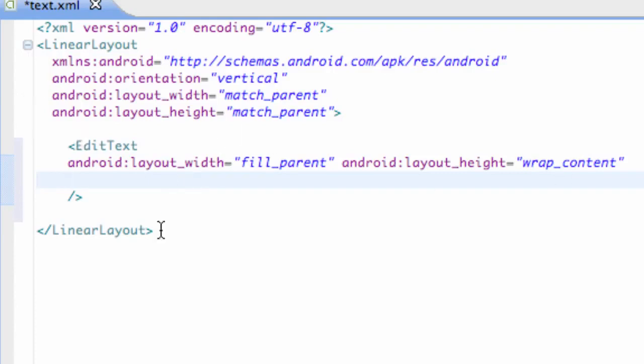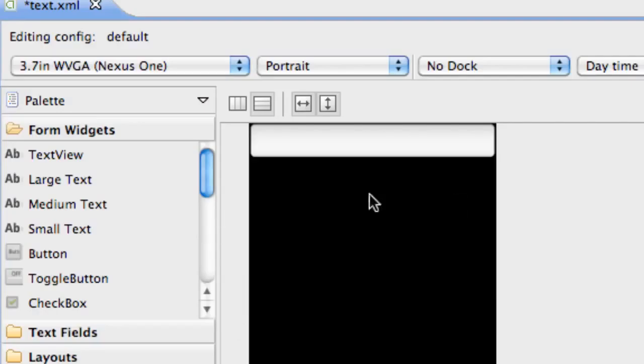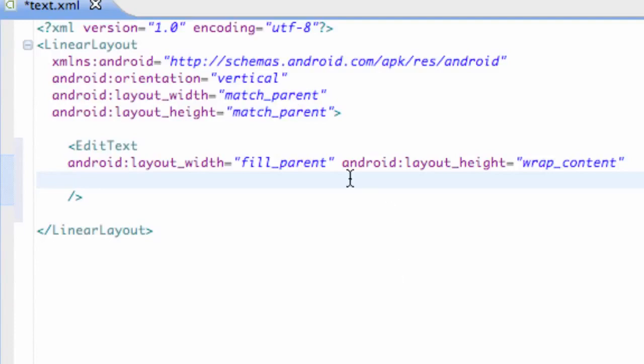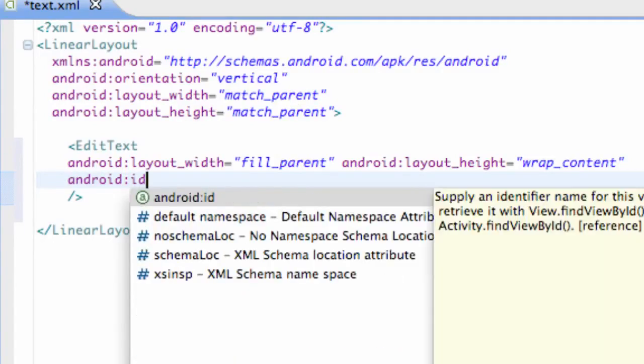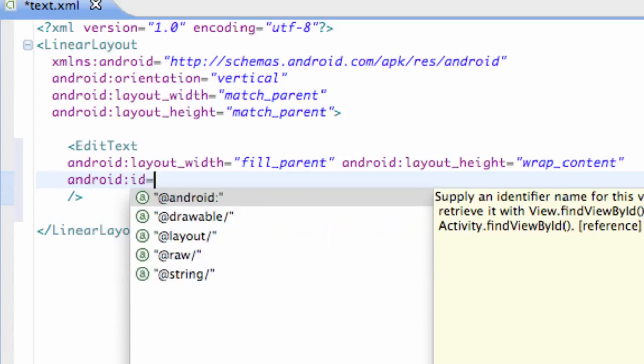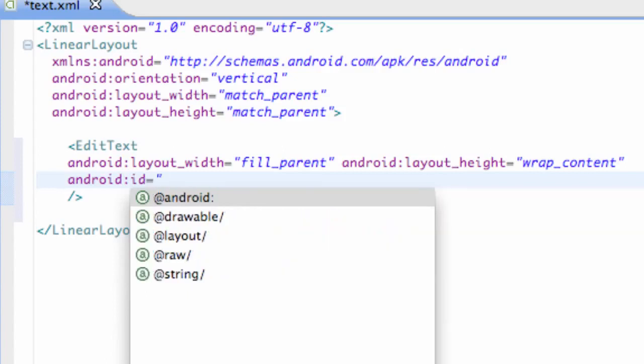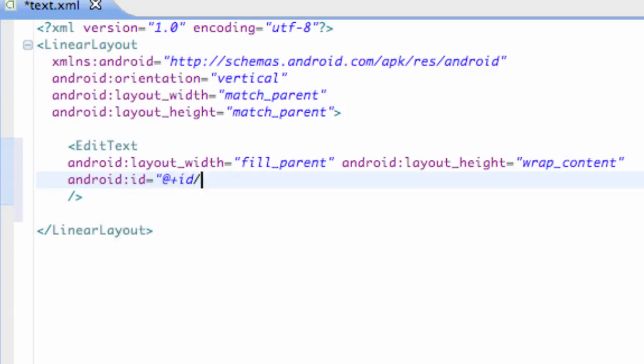But there we go. We have the setup for our text view, or I'm sorry, edit text, and that's what edit text looks like. You can put some input in there, some text or whatever, and we're also going to give it an ID because we want to reference it in Java. So Android ID equals, again within quotations, @+id/ET for edit text, so we can remember it,